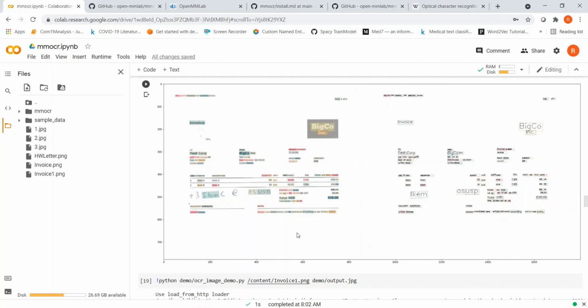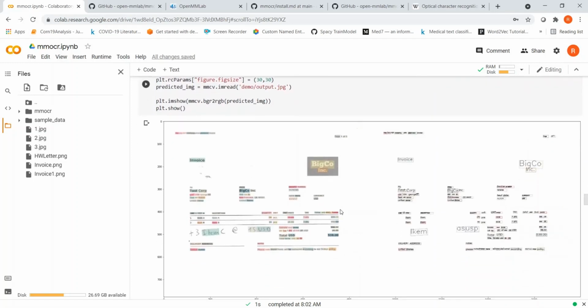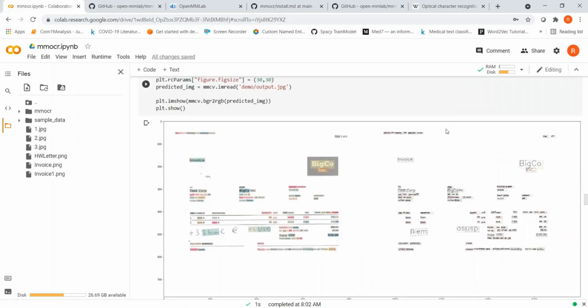This is a scanned image. From this scanned image, optical character recognition was done, and then again bounding boxes were drawn around the text, and the text was converted to an image, and this is the image. If you look at the output text, it looks like this. There are the coordinates of the bounding box, and a score for the bounding box, the confidence of this bounding box, and the text is identified, and there is also a score for the text. So it is clear how this invoice image has been converted to this image where text has been detected.